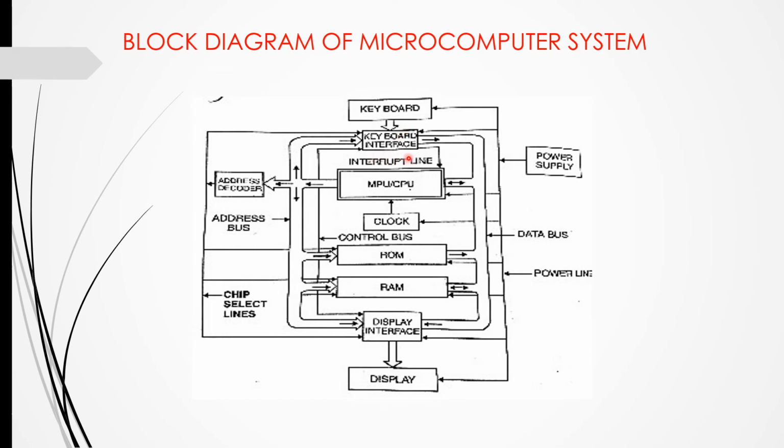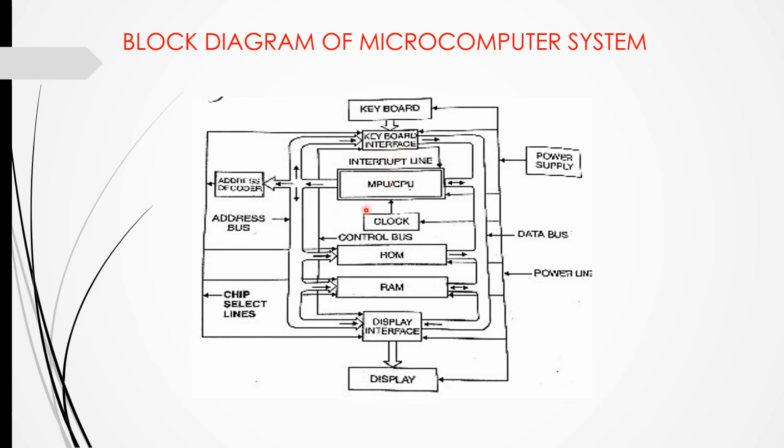Then we will see what is the function of keyboard interface. It is necessary to connect keyboard to keyboard interface because the speed of input device and microprocessor unit may not be equal. When instruction and data are entered through keyboard, it is not possible to feed the instruction directly to microprocessor unit because microprocessor unit may be busy in performing previous instruction or any other task. So it is stored in a special chip called as keyboard interface.